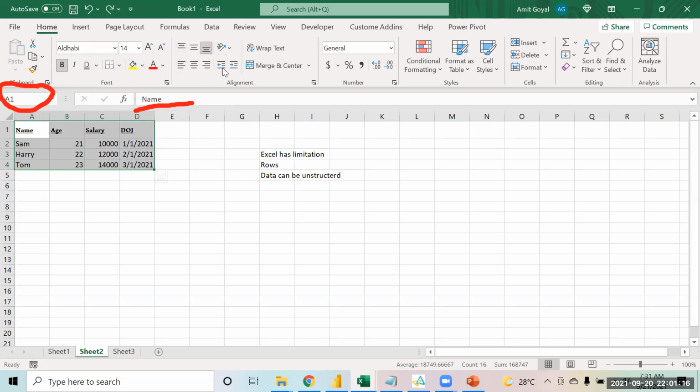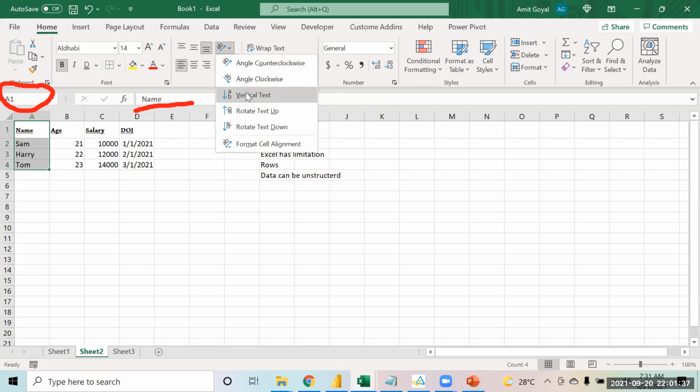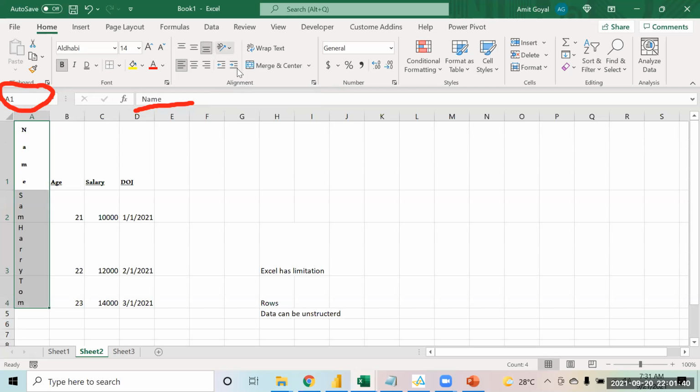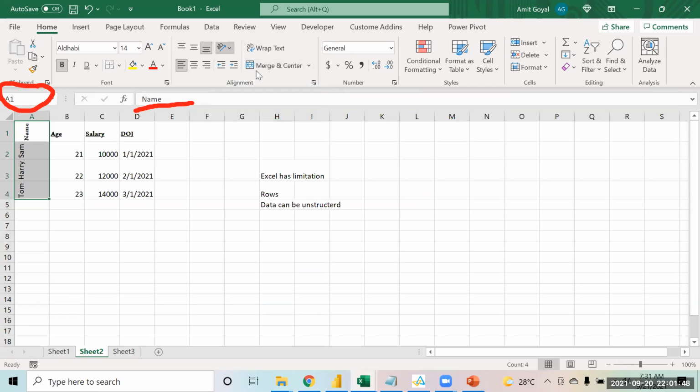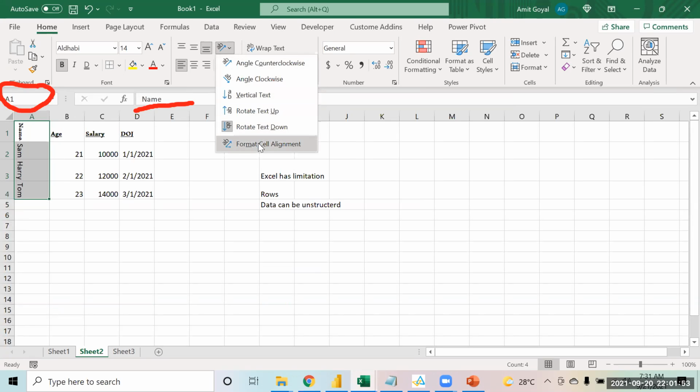Over here you will find the options for the alignment now, right? So for example, these are the names. You want to make them center aligned, right? You can do that. Left aligned, right aligned, so that alignment can be changed from here. These are top, bottom and center. So these are the alignment options. These are the options to align at an angle now, right? Vertically you want to convert the text. You want to rotate it up, right? You want to rotate it down. So these are the options that you will find over here.